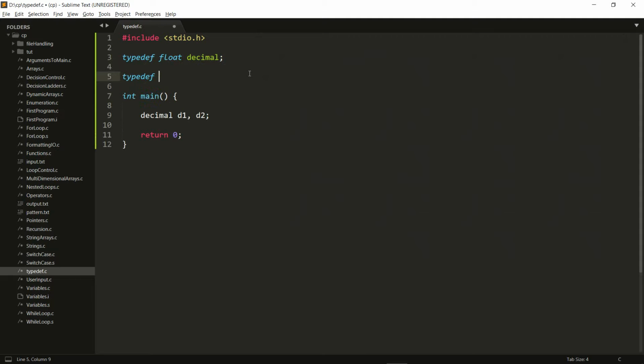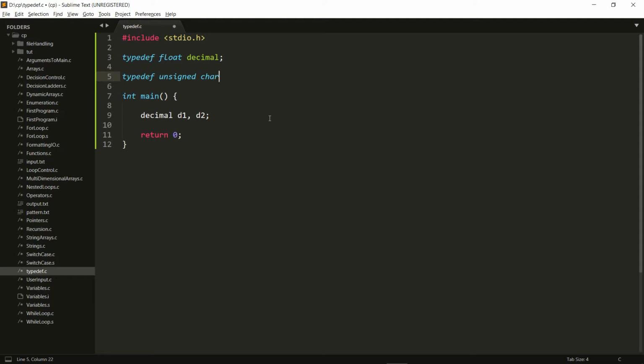I do typedef unsigned char, and when I say unsigned, it just means that a character is 8 bits. So when I say unsigned, it just means don't use the most significant bit for the sign, or let's just say don't use the 2's complement notation.